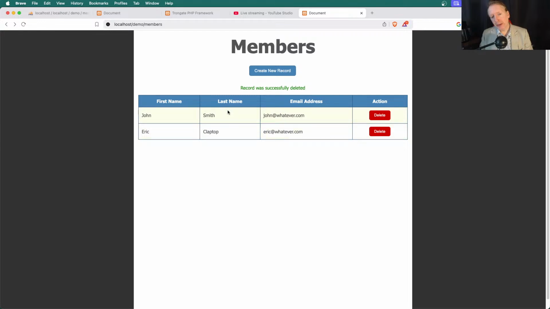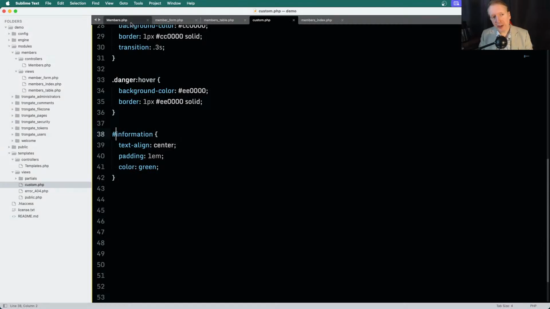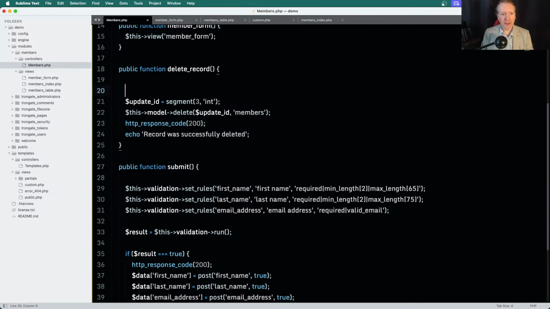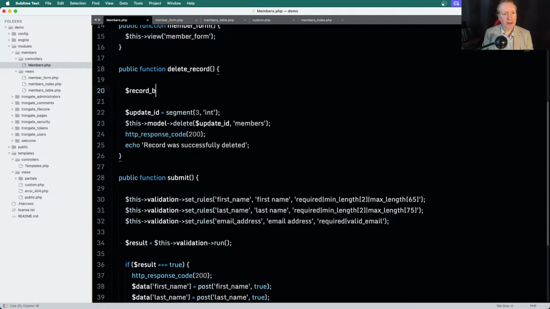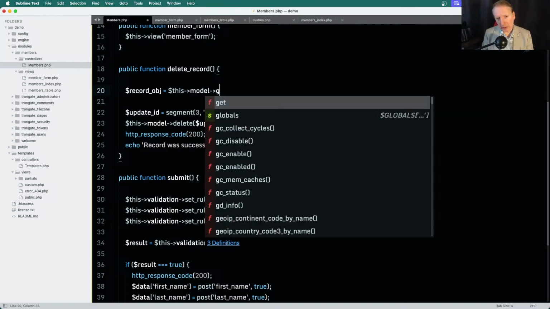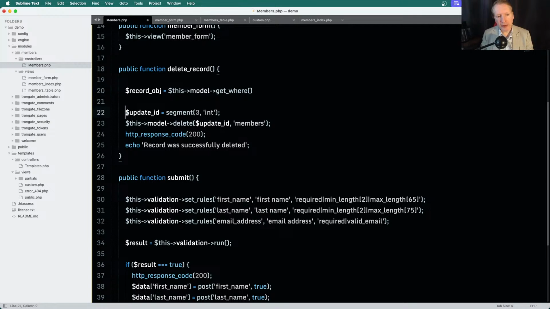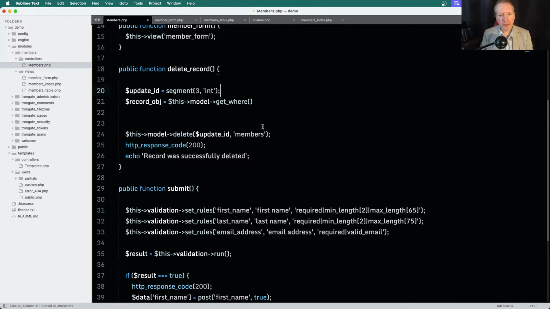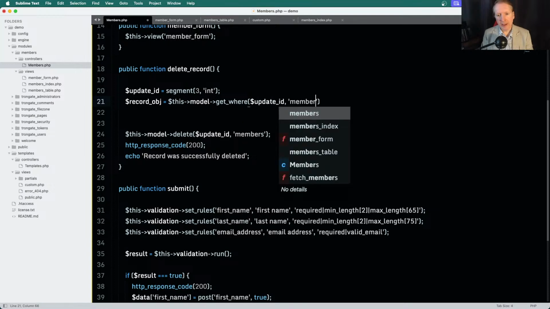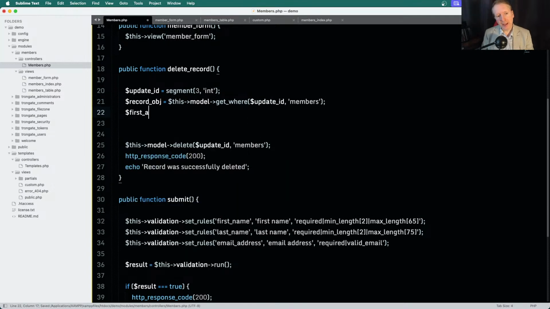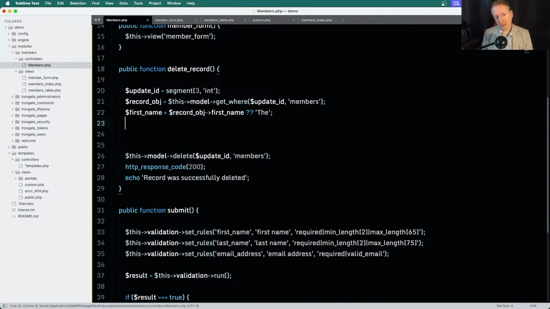Now that's nice, but it would be better if it said Eric Clapton record was successfully deleted. So the way that we do that is we're going to just say record object is this model get where. Now we will use this update ID. So we're getting it from members. I'm going to say first name is record object loading up first name, or the last name. I'll explain that in a minute. Is record loading up last name, or let's just say